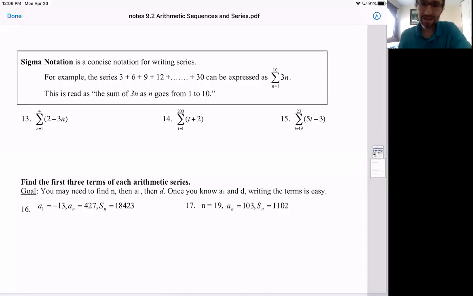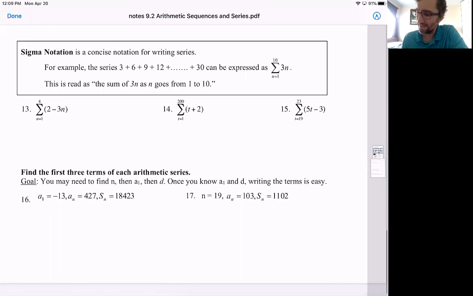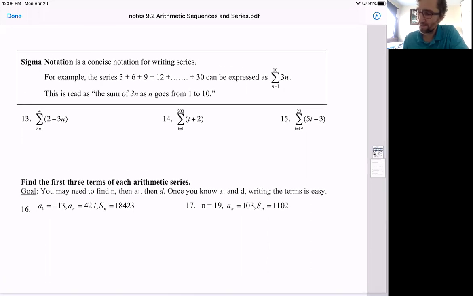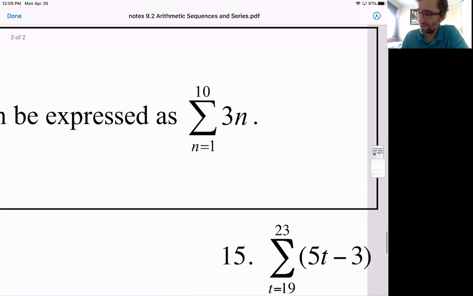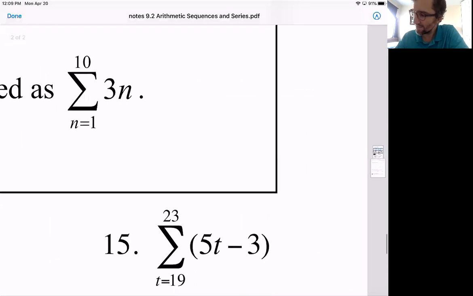These are the notes from 9.2, so if you don't have those, grab those. But I'd like to talk about sigma notation in number 13, 14, 15. So sigma notation is a concise notation for writing series. For example, the series 3 plus 6 plus 9 plus 12 plus ... plus 30 can be expressed in this notation. So let's talk about this notation,